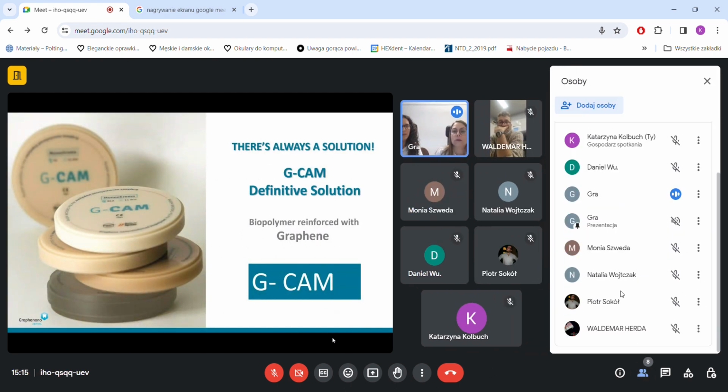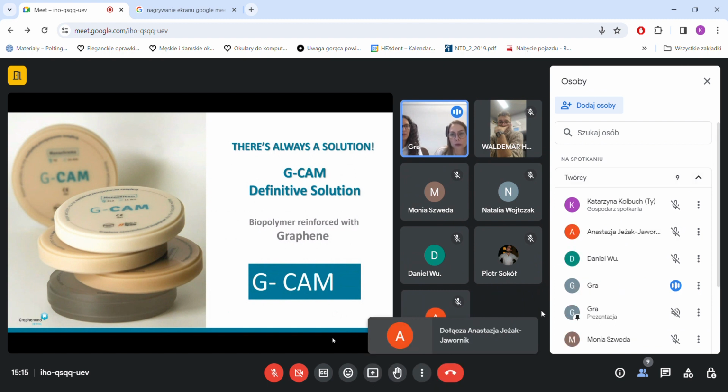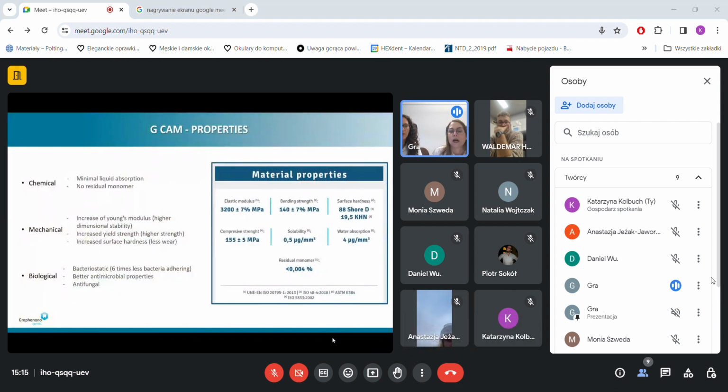So there is always a solution. Our solution is GCAM. It's a definitive solution. It's a biopolymer reinforced with graphene. As I told you before, if you add graphene to PMMA, you will increase the properties of the material. You will have minimal liquid absorption